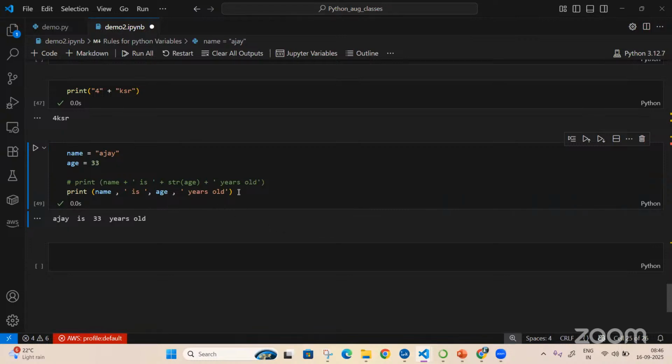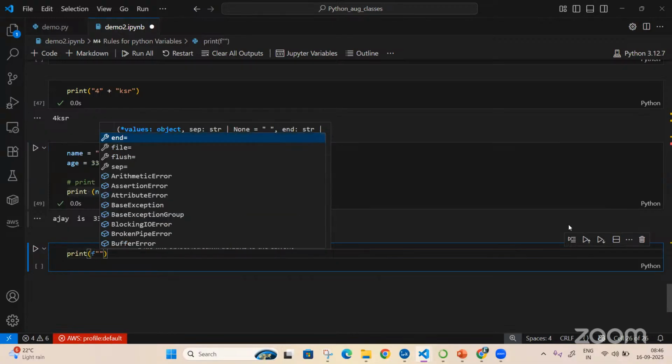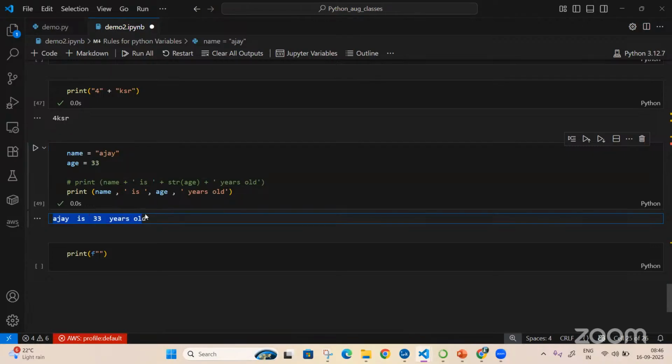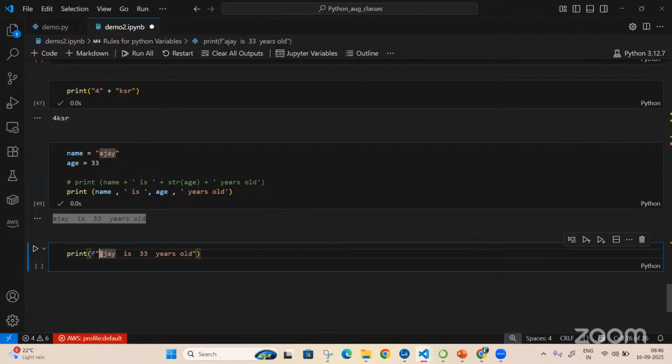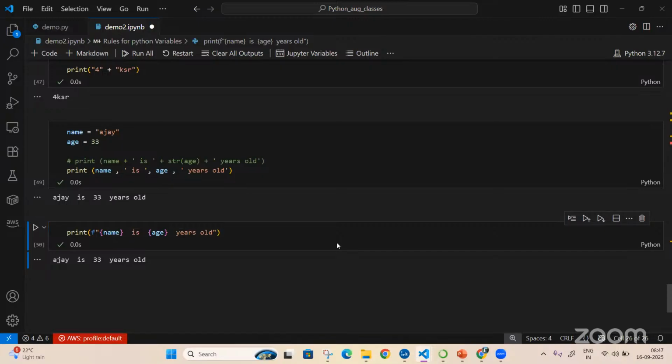Compared to this, it is easy, right? I'll write one more thing. I'll say print, take this, do it here, and execute. Out of these three, which is easy? The hard one.